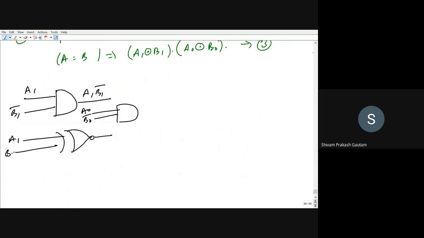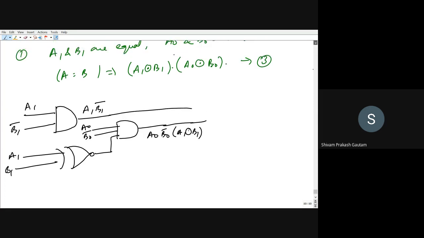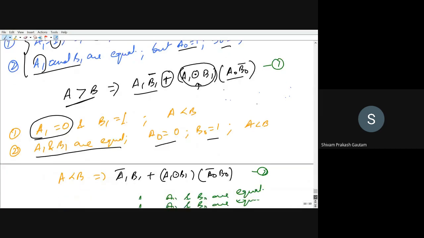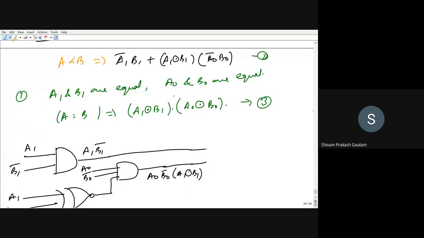So this is A1 B1. This will be going to AND gate. Output of this will be A0, B0 bar, A1 XNOR with B1. And both of these outputs we have to add. That means we have to pass it through OR gate. So this is the logic for greater number, that is A greater than B.